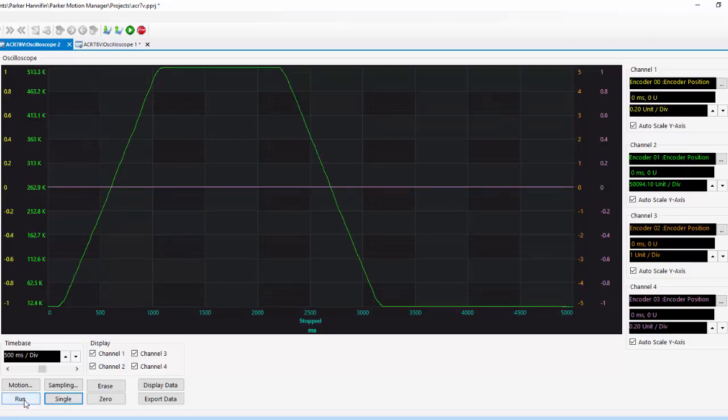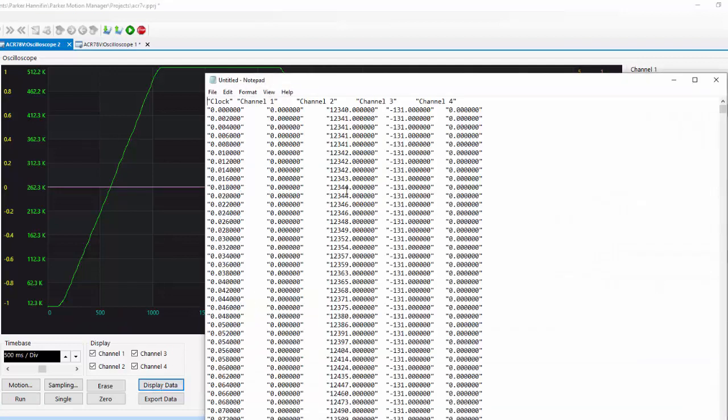Now if I click run, it'll run constantly. This can be helpful if you're adjusting the tuning gains. So you're just running constantly and then adjusting the tuning gains, or you could see the variation after every cycle as well. If I click stop, if you click display data, this has all the data in a comma